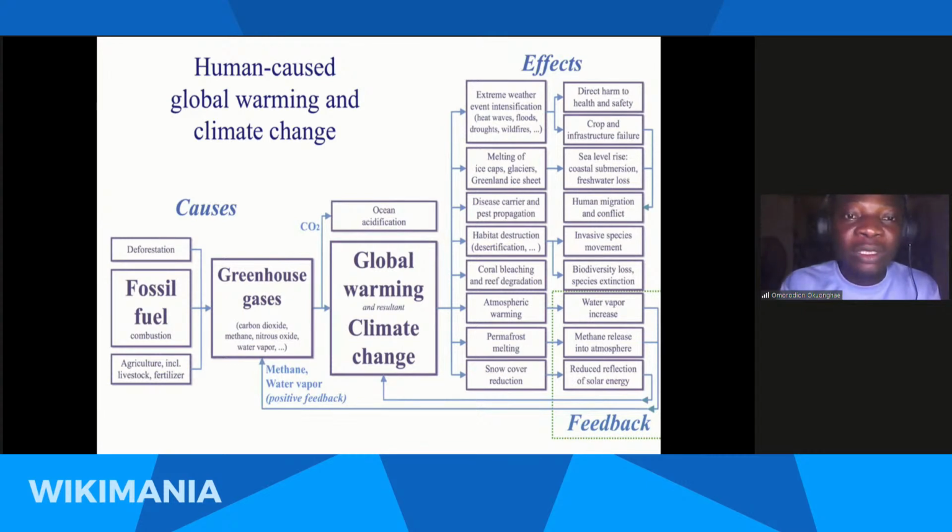Now, all these lead to what we call greenhouse gases. And the major greenhouse gases that lead to climate change are carbon dioxide, which is our CO2, methane, which is our CH4, nitrous oxide, and water vapor. It is when these gases trap the sun's rays in the atmosphere that it allows the earth to heat up, thereby leading to global warming, which has a